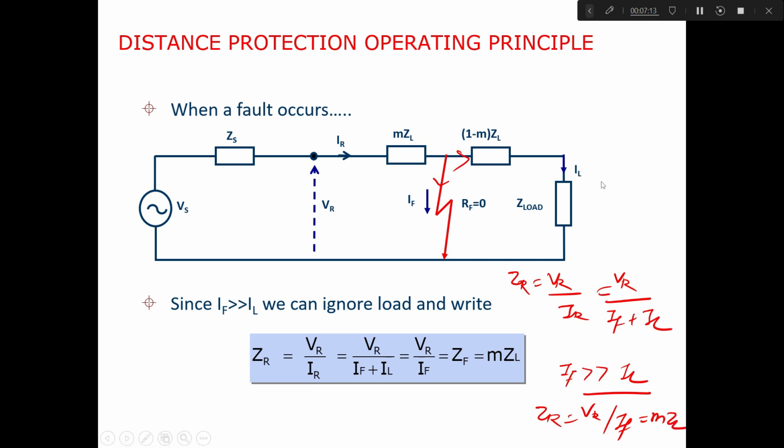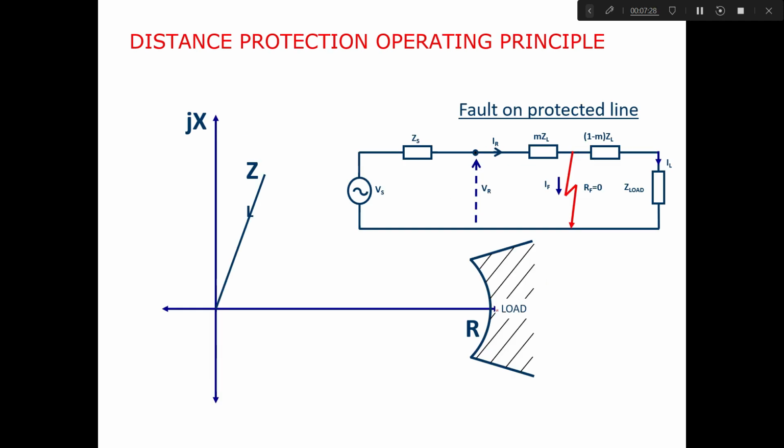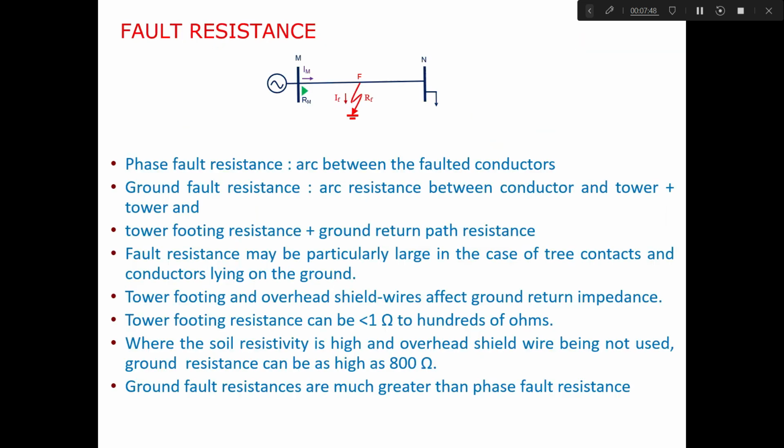So if you see over here, the impedance measured by this relay is a fraction of impedance up to the fault point. So the total impedance measured will be the impedance up to the fault point, which is a fraction of total line impedance. So if you plot this on this Z real imaginary plane, that is the RX plane, what you will get, this is a Z at some angle. So this is your Z, and up to this point this is your fault impedance. So the relay generally calculates the impedance up to the fault point,